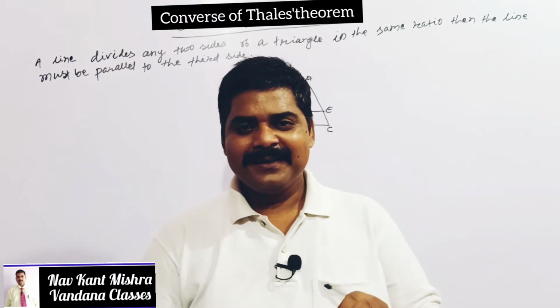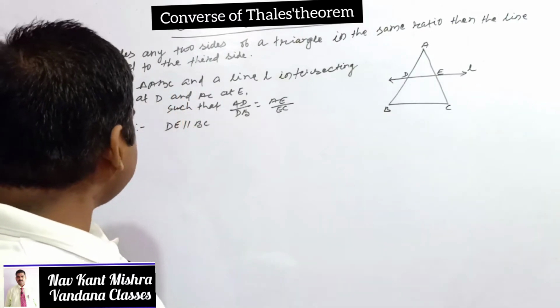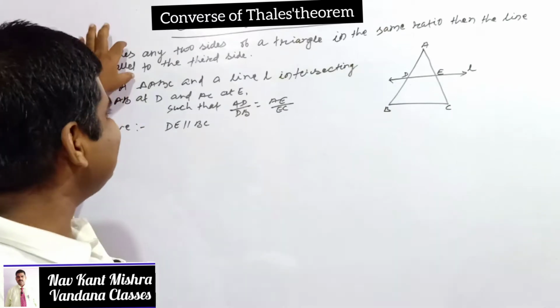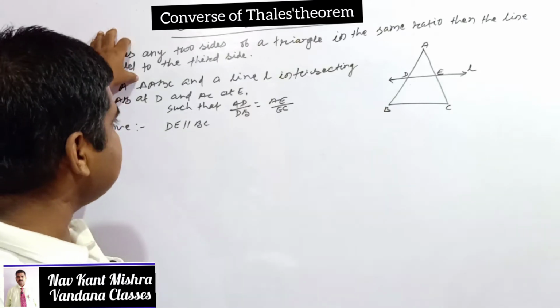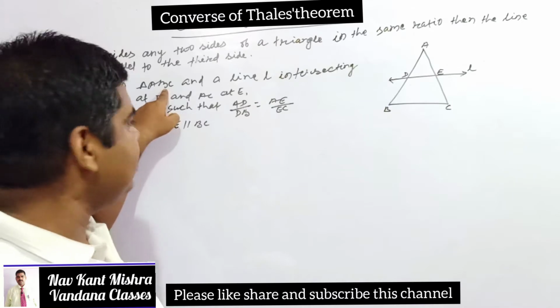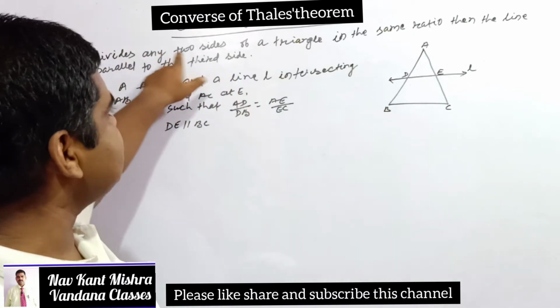this session. My dear student, for the proof, at first you have to write down the given. What is given in the statement of the converse of Thales theorem? According to the statement, you need a triangle. So I have just taken a triangle ABC and it is given that a line divides any two sides of